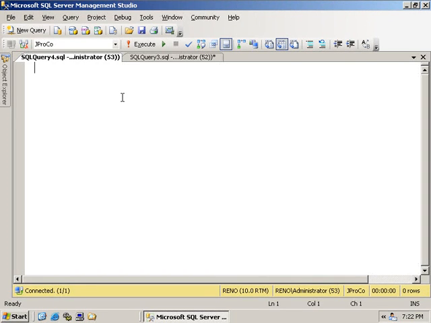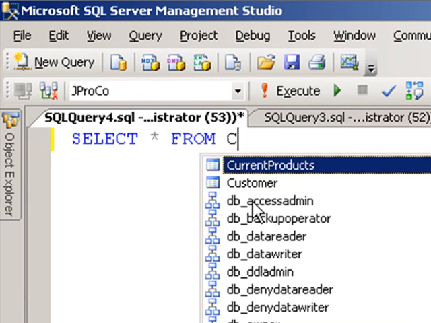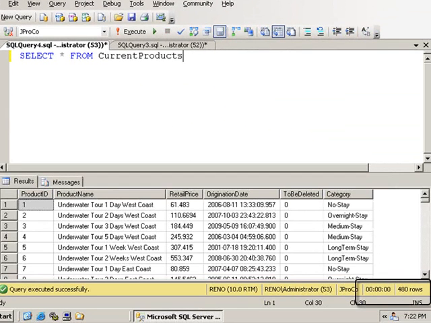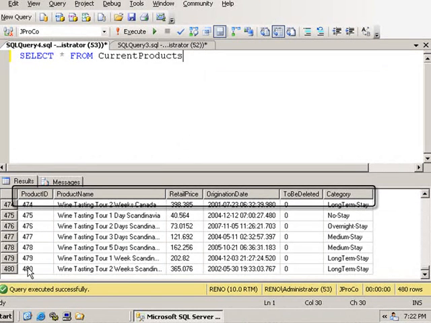Let's take a quick look at all of the records and all the fields inside of our current products table. We can see we have 480 records, product IDs ranging from 1 to 480. If I was going to insert another record, logically that record would be 481. Now each record would like to have 1, 2, 3, 4, 5, 6 points of data because there are 6